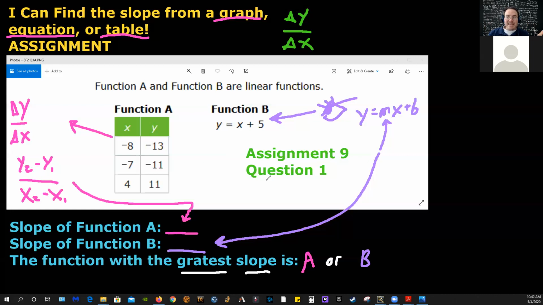That's a big hint for function B. Chat, you can send me a message privately if you know what I mean. Yeah,